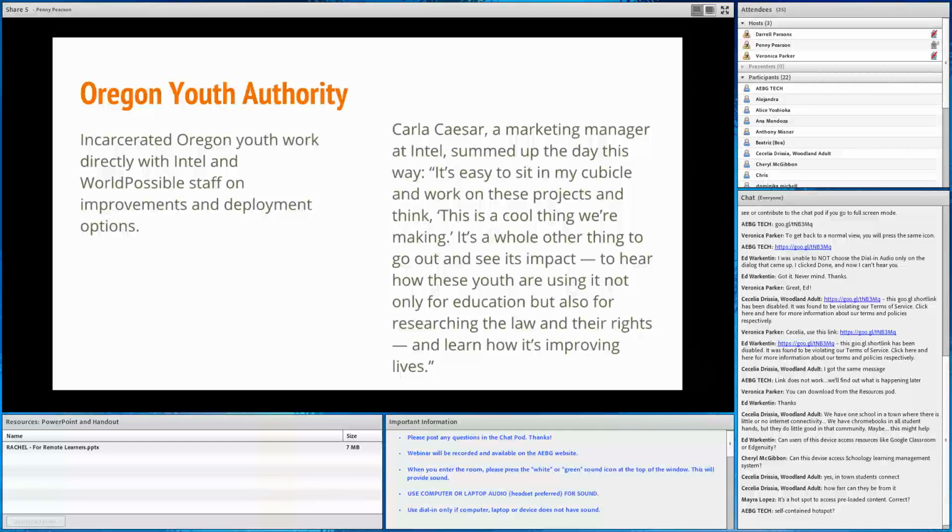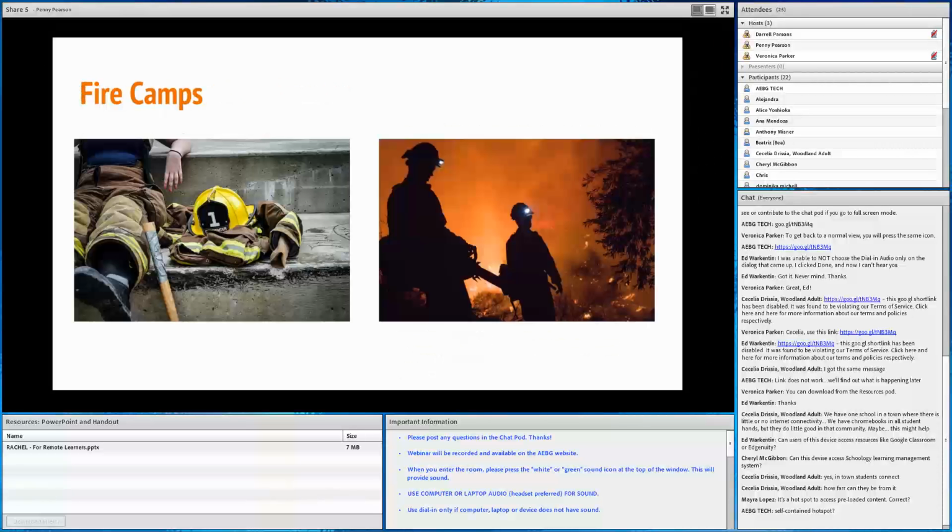But that's not the only place. I'm talking about corrections a lot because I have a passion for learning in corrections. I think that's a way to reduce recidivism, etc. But that's not all this can be used for. So let's take a look at another scenario. We have a lot of areas around the state of California. I'm sure you've been very aware of all the fires that have been going on.